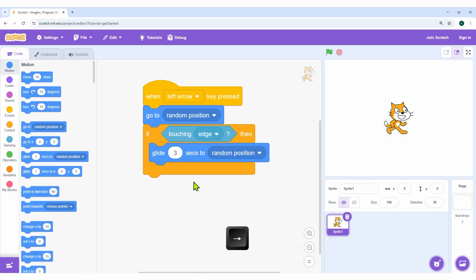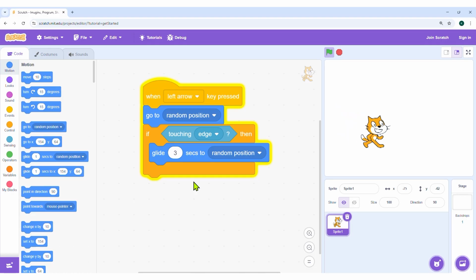Whenever you press the left arrow key, the sprite will move to a random position on the screen. Continue pressing the left arrow key. If the sprite touches the edge of the stage, then it will glide to a random position on the stage